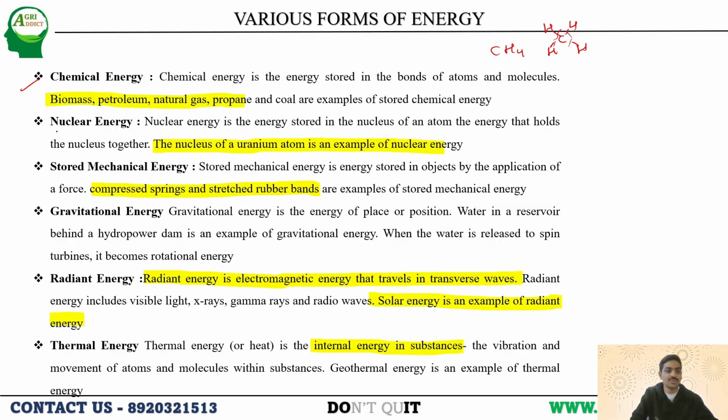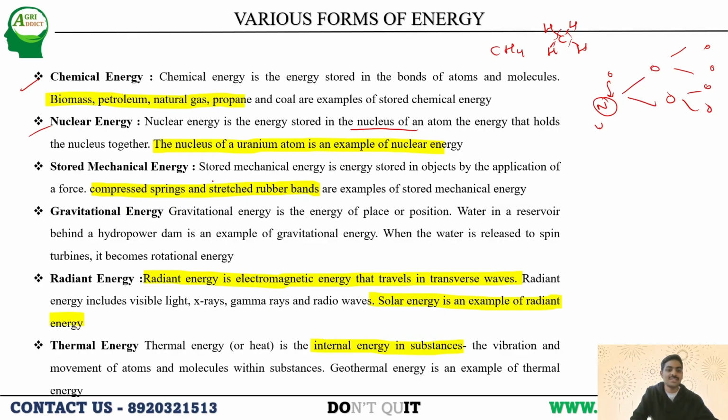Okay. Next, nuclear energy, the energy that is stored in the nucleus. Obviously, you know the nuclear chain reaction, right? The neutron will be bombarded. Take the example of uranium: the nucleus will be bombarded with a neutron, and it goes on splitting. This is how a lot of energy is liberated during this process, which is being trapped for energy production.